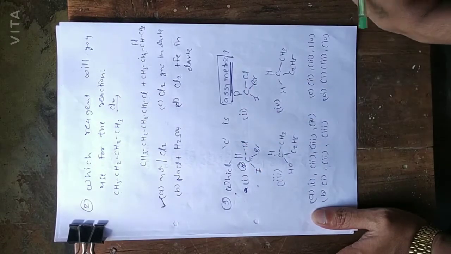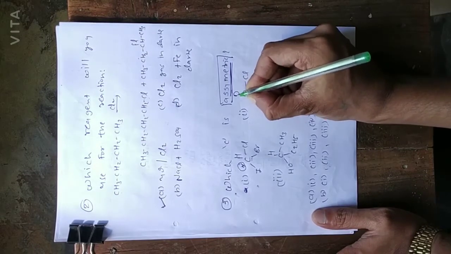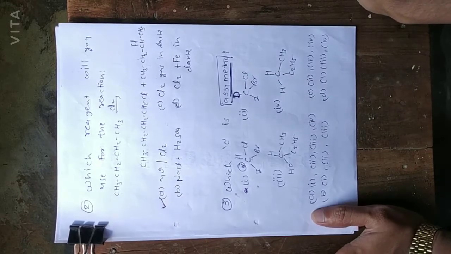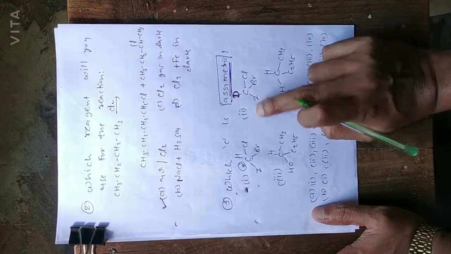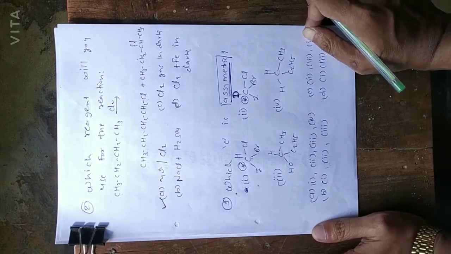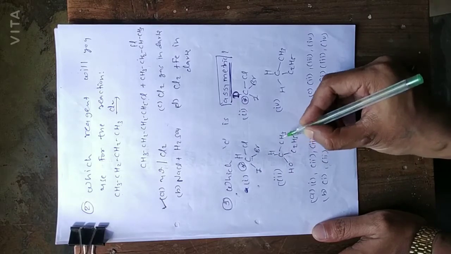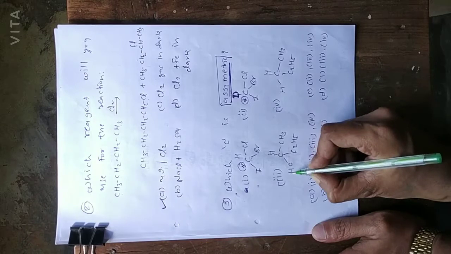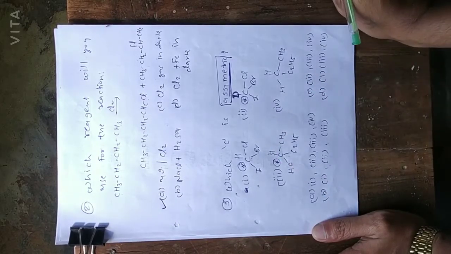So first one is our chiral carbon, then second one you can check, it is D here. D means deuterium, isotope of hydrogen. So deuterium, chlorine, bromine, iodine, 4 different elements are there. So it is also our chiral carbon or asymmetric carbon. Then third one, hydrogen, CH3 means methyl group, C2H5 means ethyl group, then alcohol group. 4 different groups are there. So it is our chiral carbon.